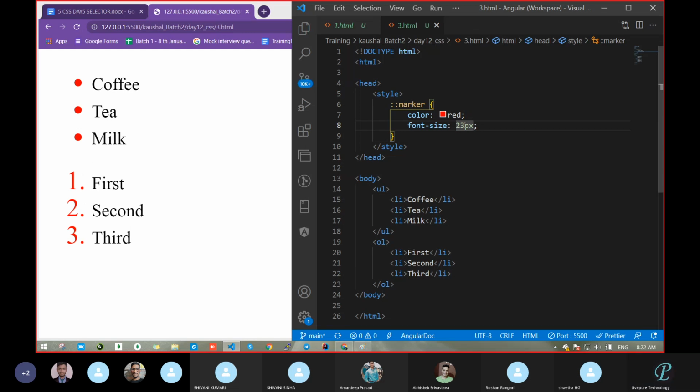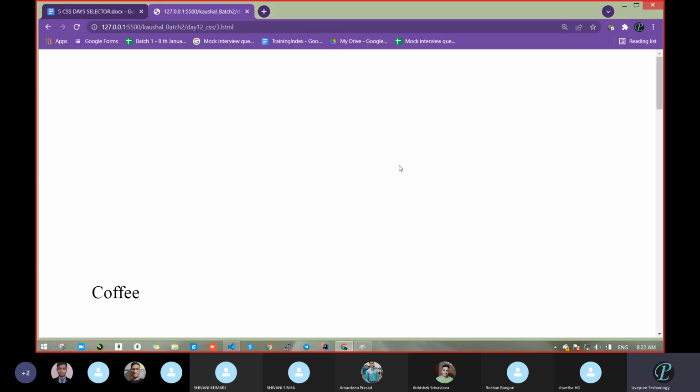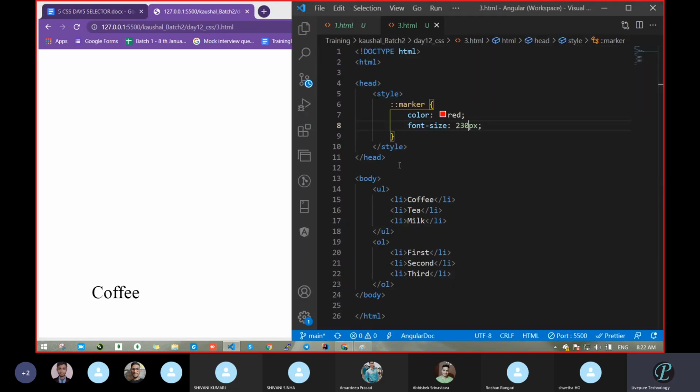Let's do one thing. Pass this 230 pixel. Let's see whose size got changed. What do you think? Whose size will change? Text size or the bullet, the 1, 2 numbering? I have taken 230 pixel. Whose size do you think will change?